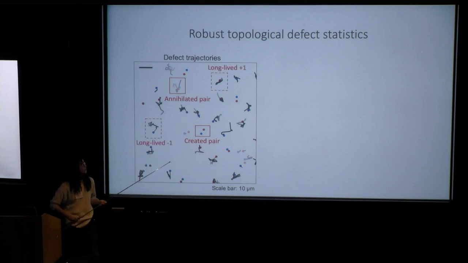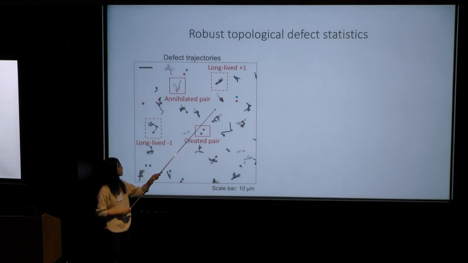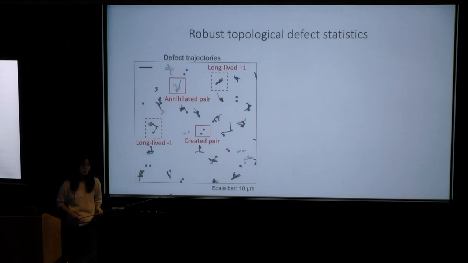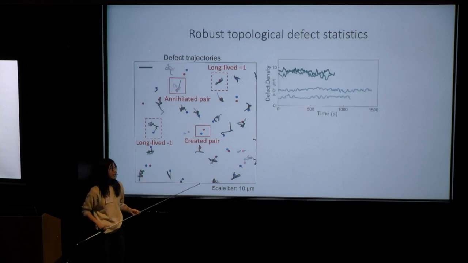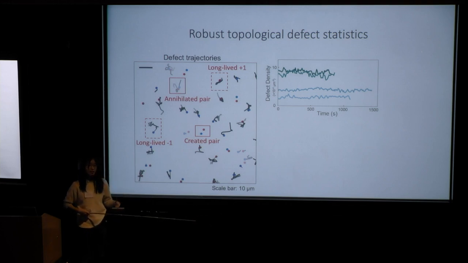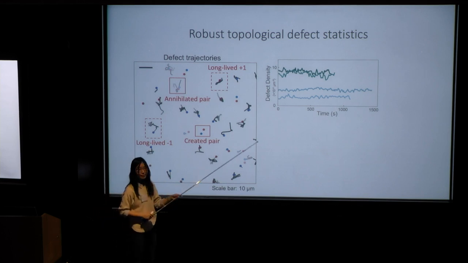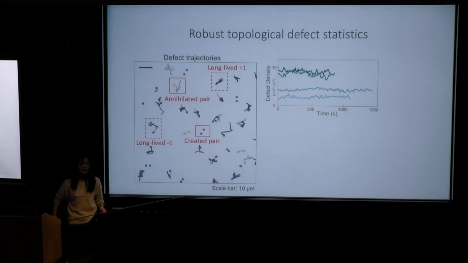Defects that are long-lived are not positioned close enough to any of their oppositely charged partners, and they meander around with a linearly growing mean square displacement. When we calculate the total defect density as a function of time, we realize that across all those steady states, they all maintain distinct defect densities, but they are all steady despite such continual flow of creation and annihilation events